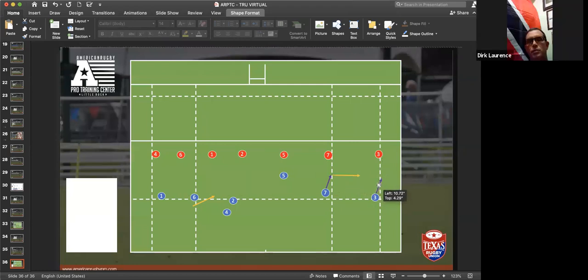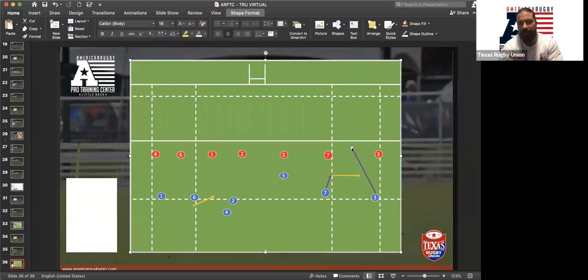Well, he would be running the same thing off the inside of his opposite number. Yeah, so they run under the defense into this gap here. And if that defense then moved, they'd probably run an overs line. So instead, it allows the attacker to have a bit more of an option of where they actually want to run the line.